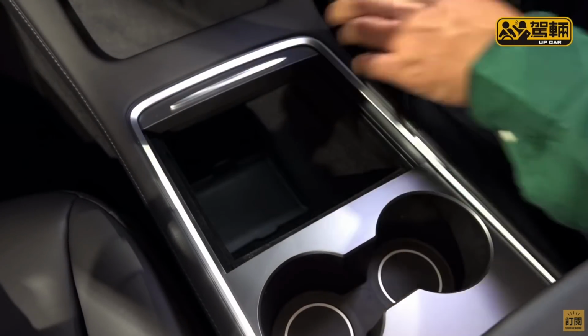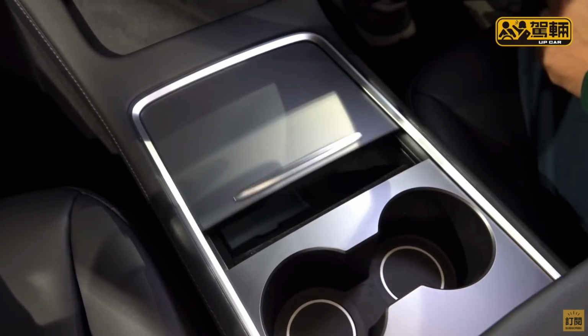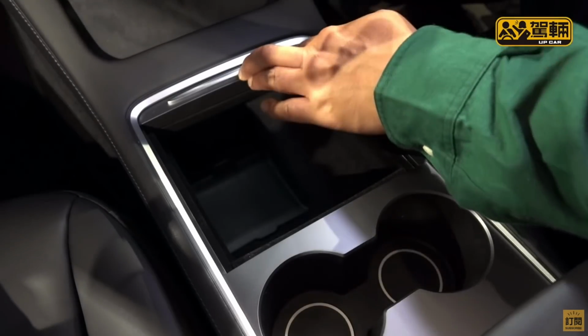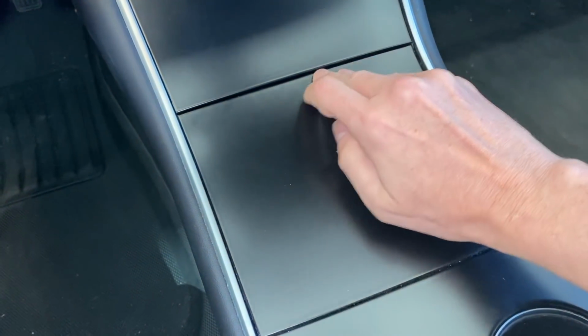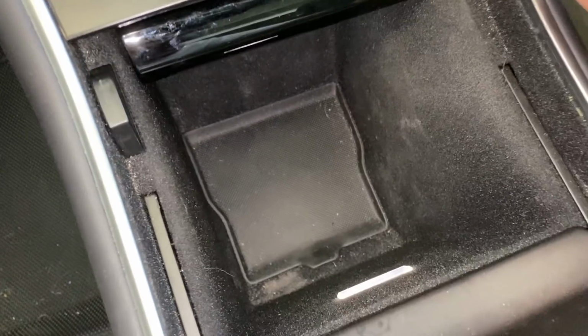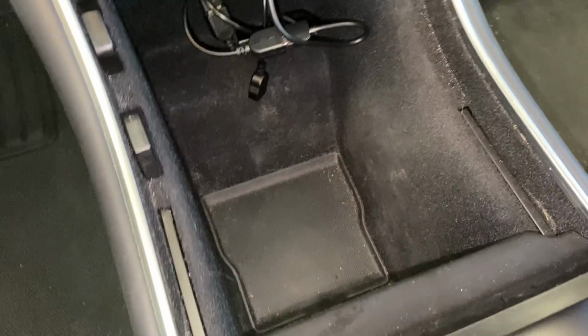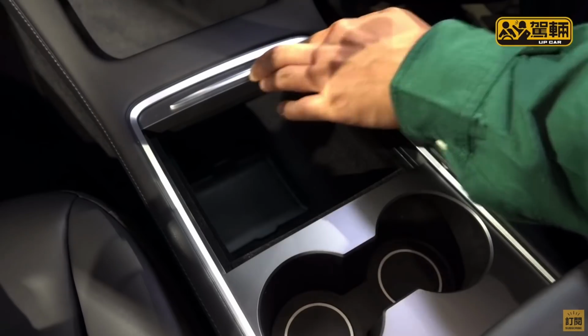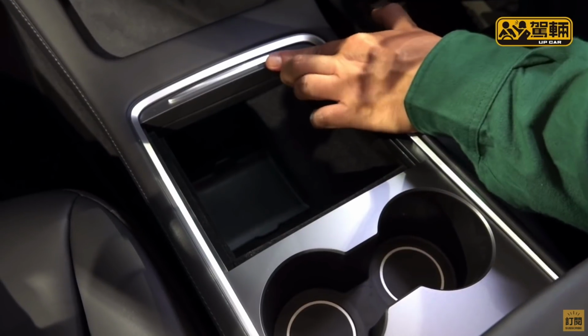Now, one thing that I noticed too is I'm sure that you can still have that deep opening underneath there. One of the things that I don't like about that is that it's not easy access to get back deep in there. The way the console works now is you can open it up and then of course lift up the charger as well, and that gives you easy access to the back of the console. Whereas with the new one, it looks like you have to put your hand in there and dig deep to get into the back part of the console. So that may be a bit of a design flaw, but I think